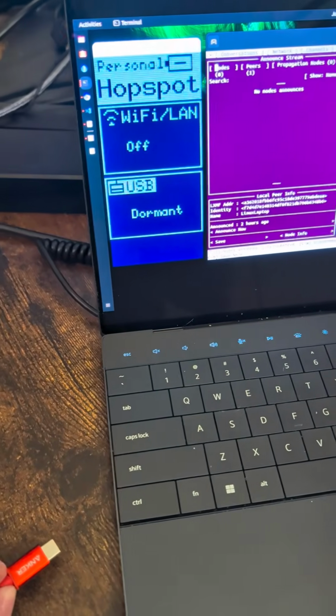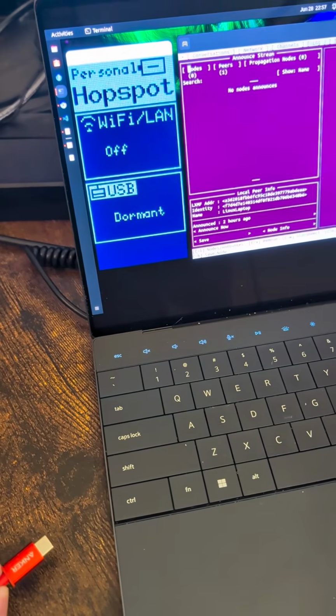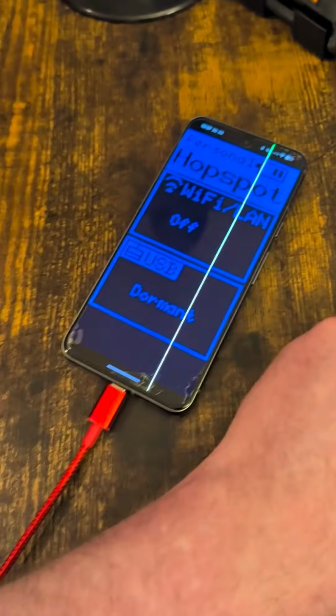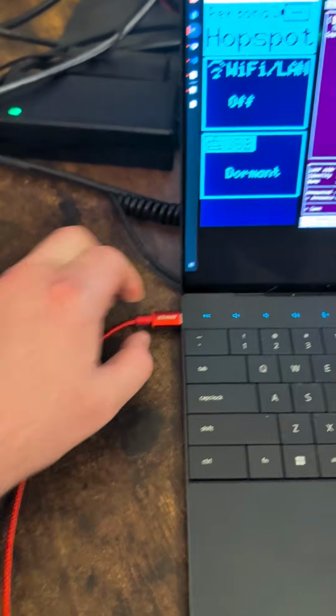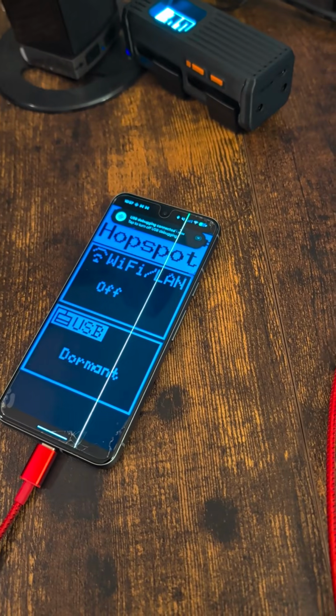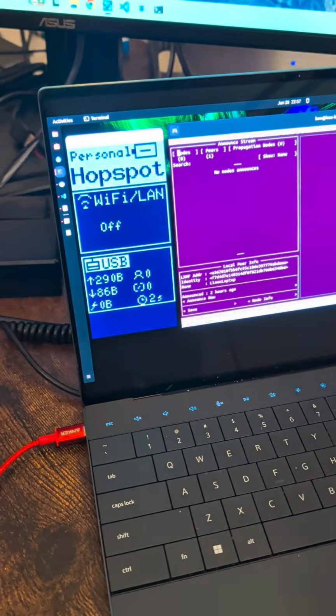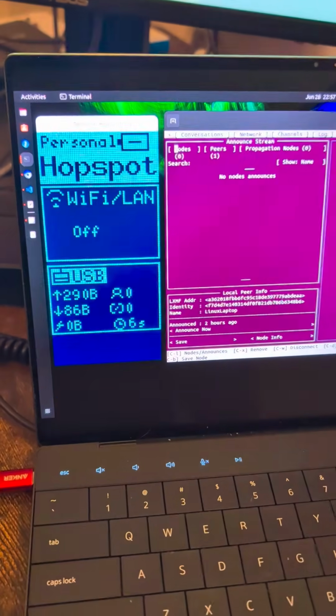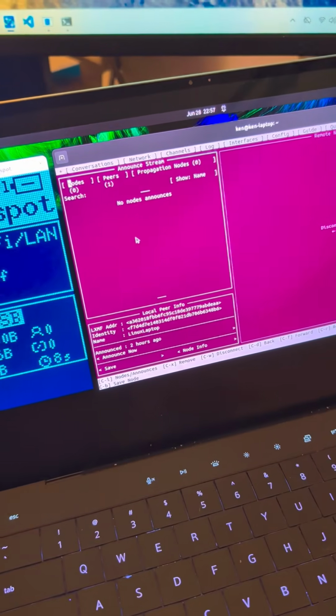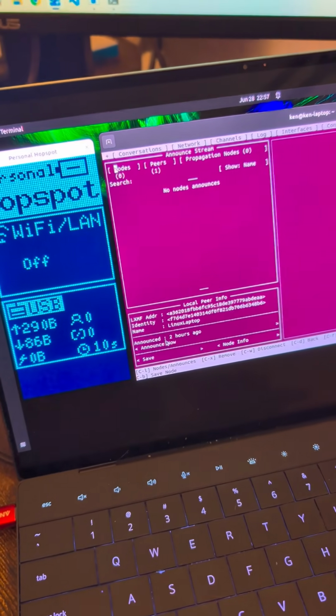So here's the Linux, same setup now, but we turned off the other interfaces, but USB is ready, same here. When we plug that in, we should see the same kind of exchange. This connects over here on its end as it's first establishing it, and then now it's active, and so both have this active now. So again, if I were to, for example, announce here now on actual NomadNet, then when